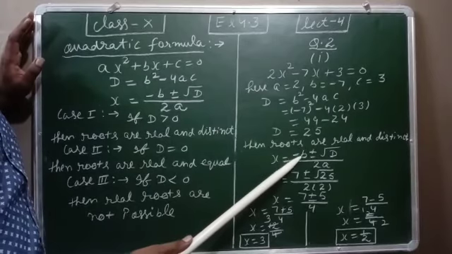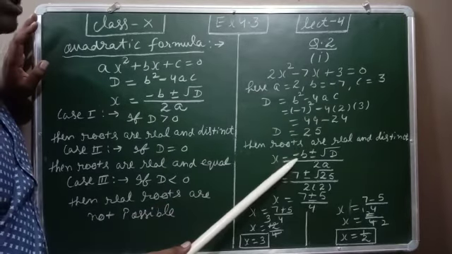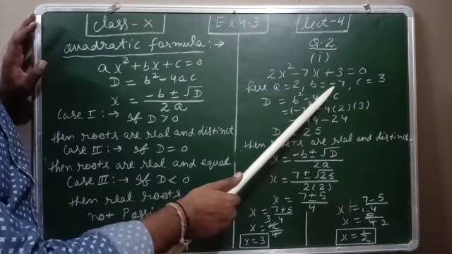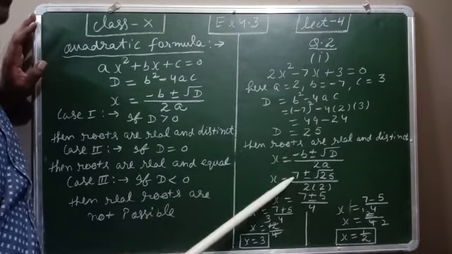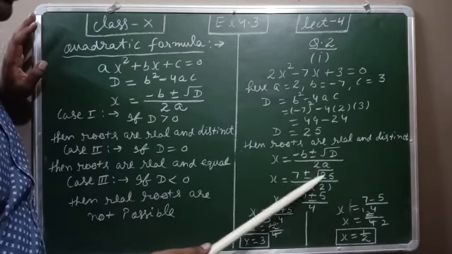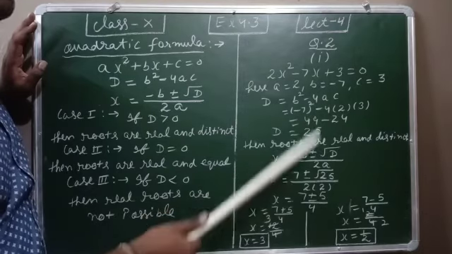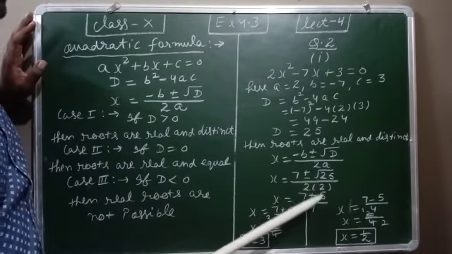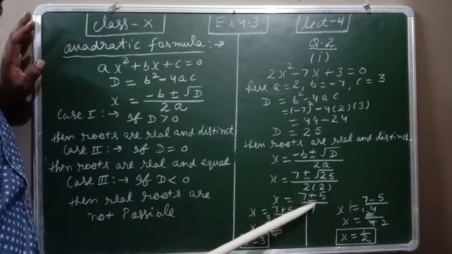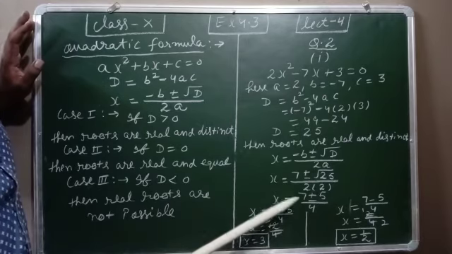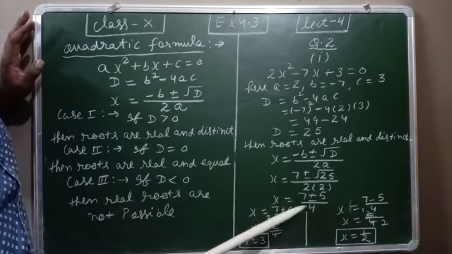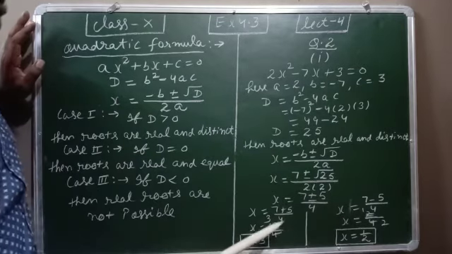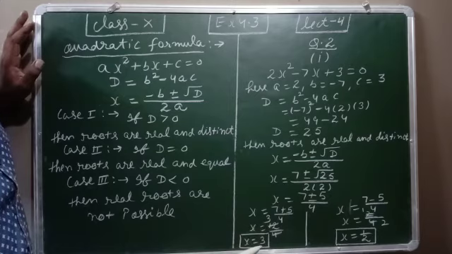So x as it is, the value of b is minus 7. In the formula we have a minus sign, so whatever the value of b is here, we change its sign. So minus 7 we write as plus 7. Plus minus root D means root 25, over 2a, in place of a we write 2. So 7 as it is plus minus root of 25, which is 5, over 2 into 2, 4. When we solve this, x equals 7, first we take plus 5, over 4. Now x equals 7, we take minus 5, over 4. So 7 plus 5, 12 upon 4, the first root is 3.